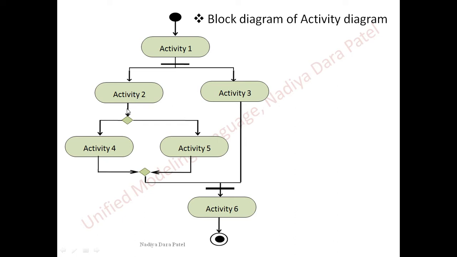After the fork, I had to give a decision. So I had to give a condition. So I have made use of a decision symbol. Here, if the decision is going to be yes, you are supposed to place your guard condition. I haven't placed it, so keep it in your mind and place a guard condition here. If the condition is yes, I'm going to go to activity 5. If the condition is no, I will be performing activity 4.